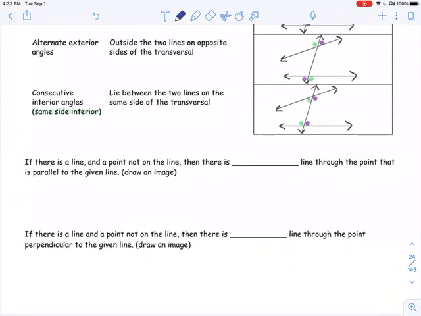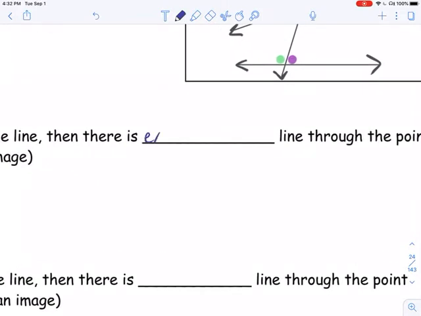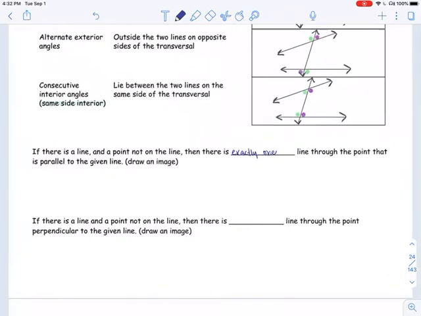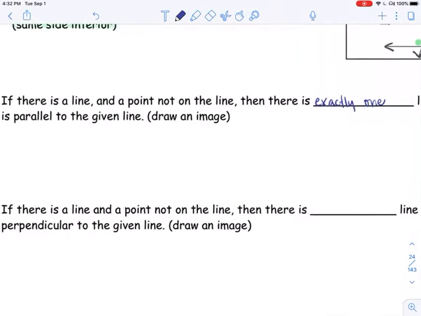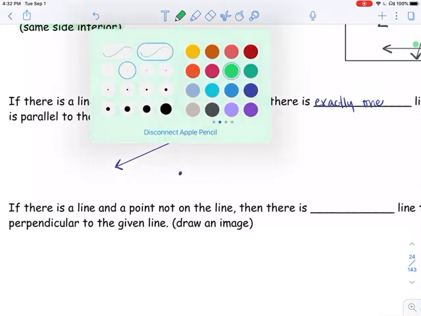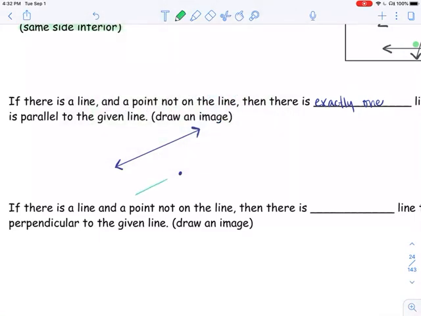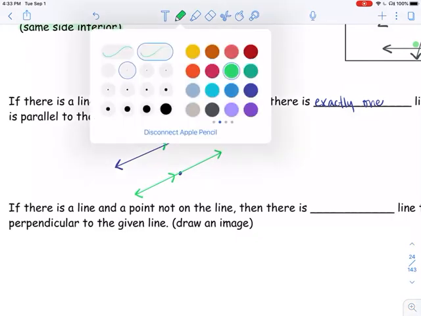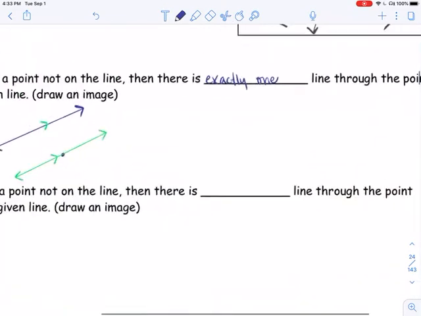All right, if there is a line and a point not on the line, then there is exactly one line through the point that is parallel to the given line. So we're going to start here with our line and a point. And what this is telling us is that there is exactly one line through that point that is parallel to the original line. If there is a line and a point not on the line, then there is exactly one line